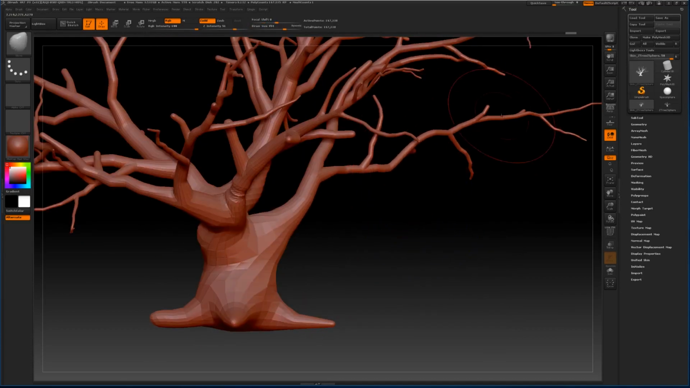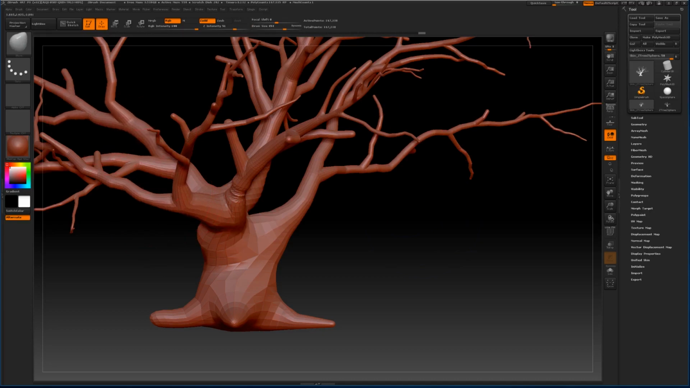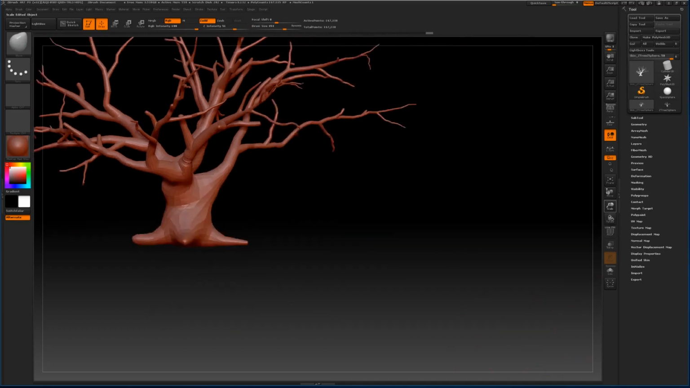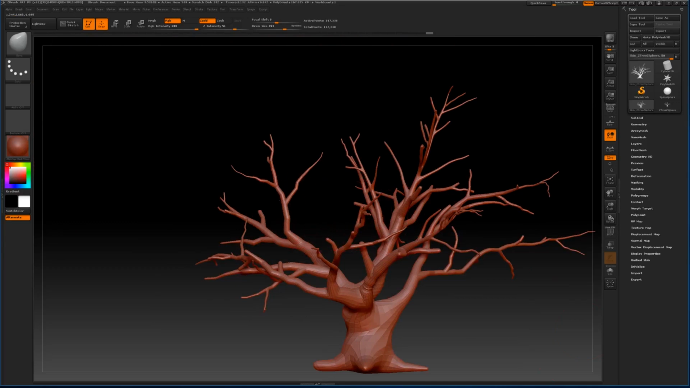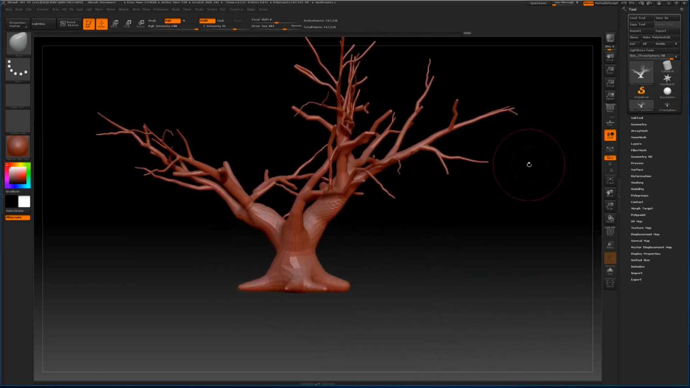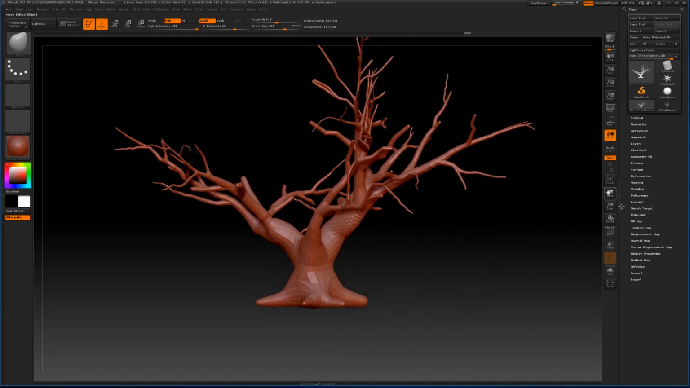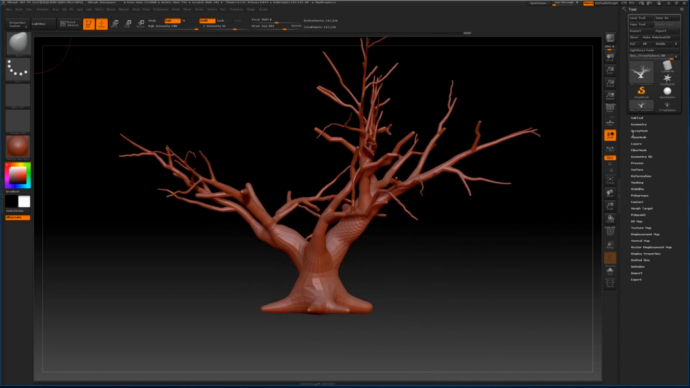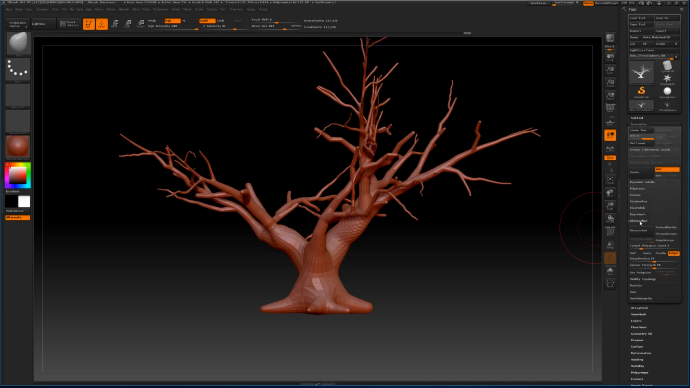Shift these limbs around, give it some more randomness. Okay. And now I'm going to go ahead and ZRemesh this whole thing. So I'll go to Geometry, ZRemesher, and with ZRemesher,